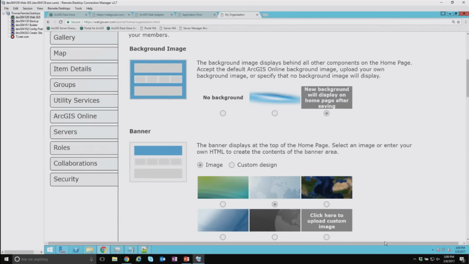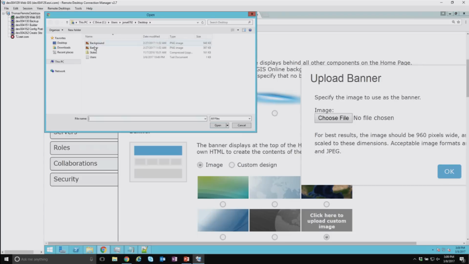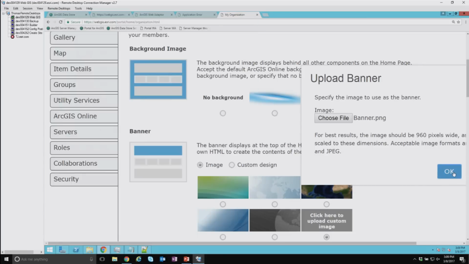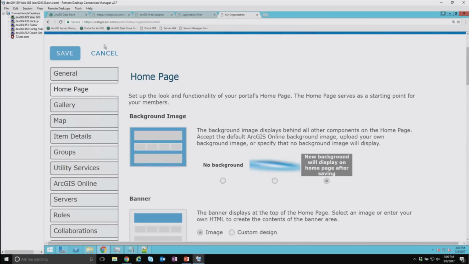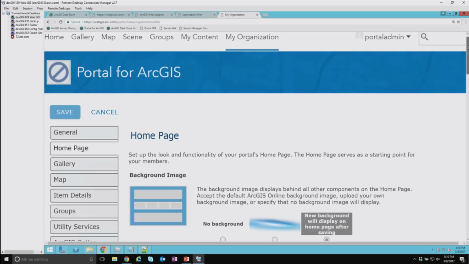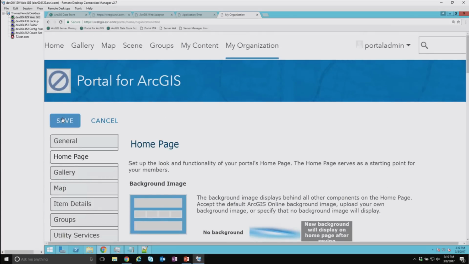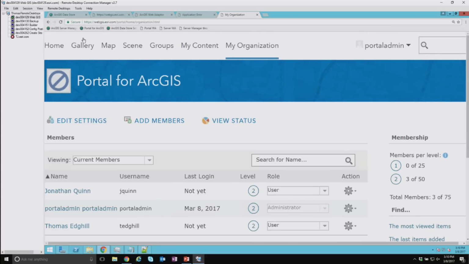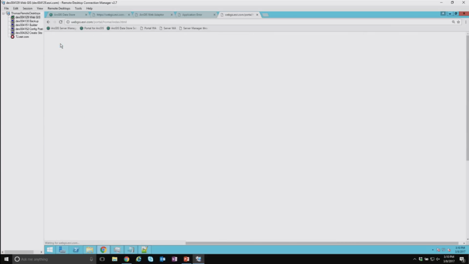And also I want to update the banner. So I can browse to a custom image for the banner as well, and click Add. And also want to update the featured content. So this is going to be the content that's initially displayed within a banner on the home page. And I don't really have any content in this portal yet, so I'm just going to select the Living Atlas analysis layers. And there's some different options that you can select for how to display that. But I'm going to leave all those default. So once I click Save, if I navigate back to the home page,